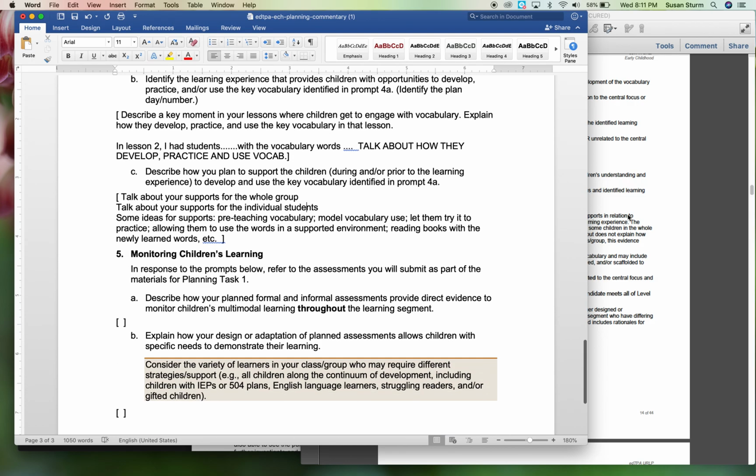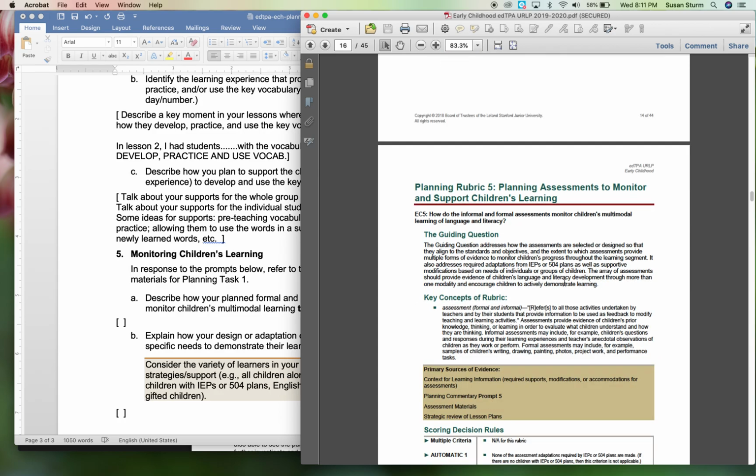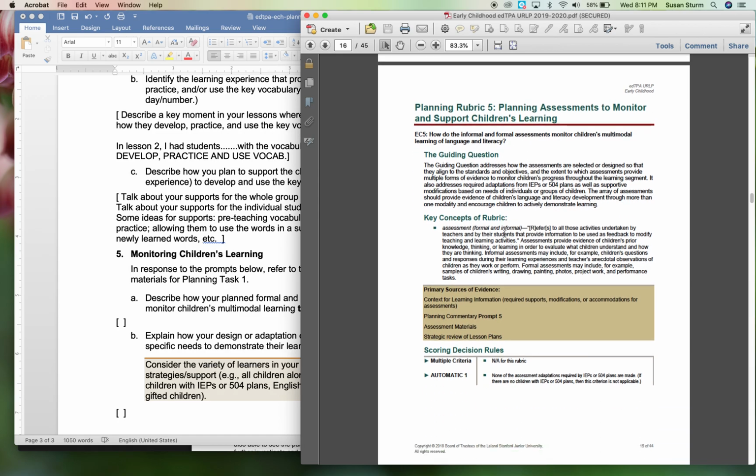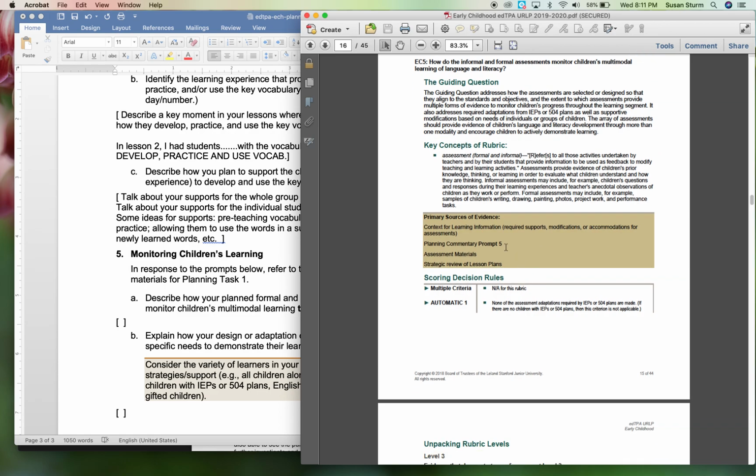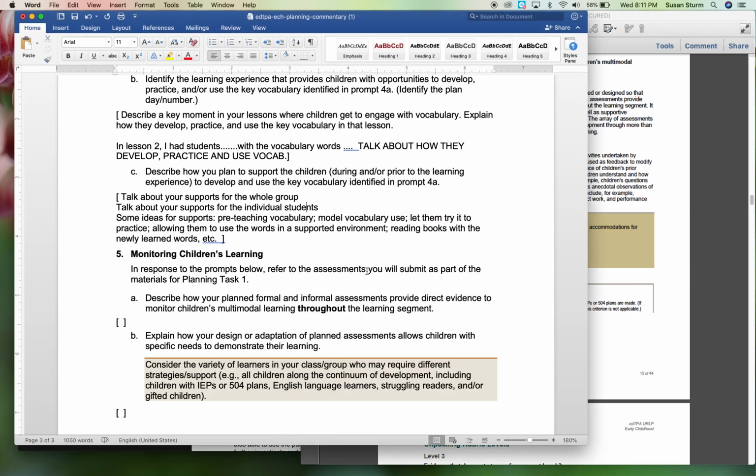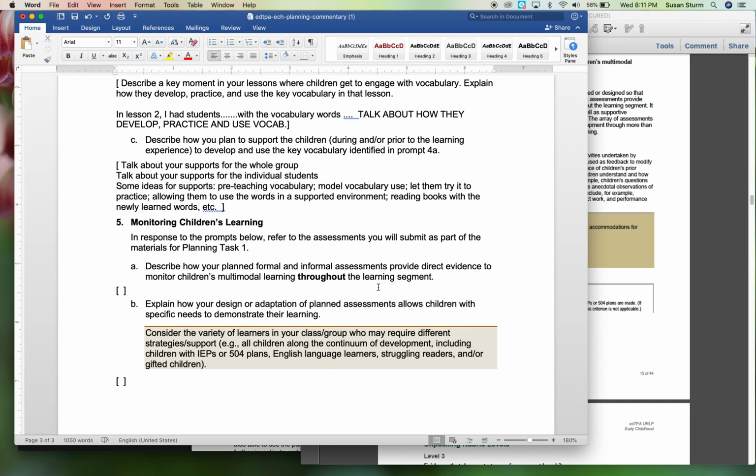Okay, the last rubric is planning assessments to monitor and support the children's learning. So how do your informal and formal assessments monitor children's multimodal learning of language and literacy? And this is all related to prompt 5. So part A, describe how your planned formal and informal assessments provide direct evidence to monitor children's multimodal learning throughout the learning segment. So this is literally in lesson 1, I assess students'